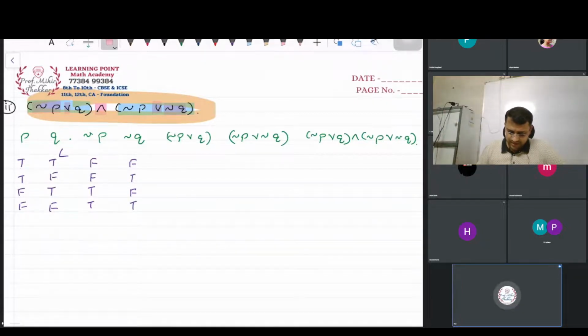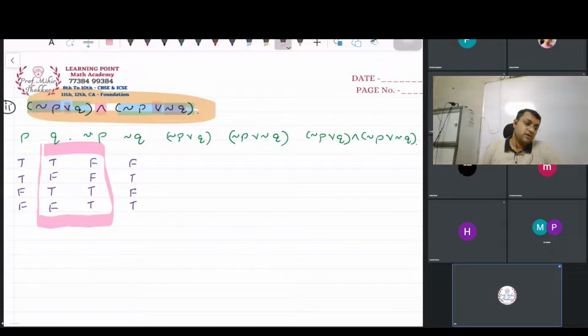Now the next thing that comes, it is negation of P or Q. So okay, so now when I have negation of P or Q, I can understand that I have to observe these two columns and I have to remember the symbol of OR, the condition of OR. What was the condition? If both the statements P and Q have a truth value of F, the answer has to be F. Otherwise, the truth value has to be T.